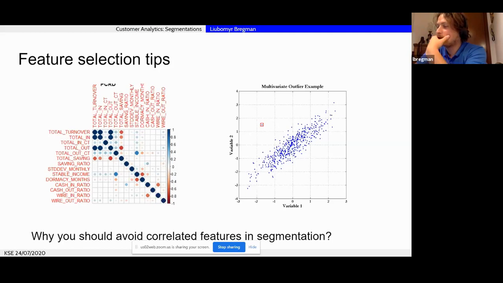Generally, here it's the same thing. We cannot include variables which perfectly explain each other. What else do you think would be a good candidate for excluding from this list?